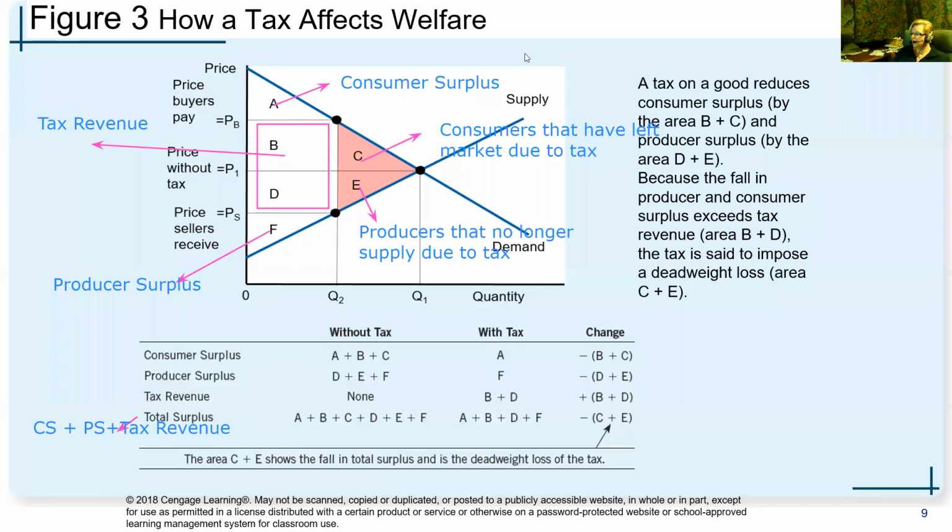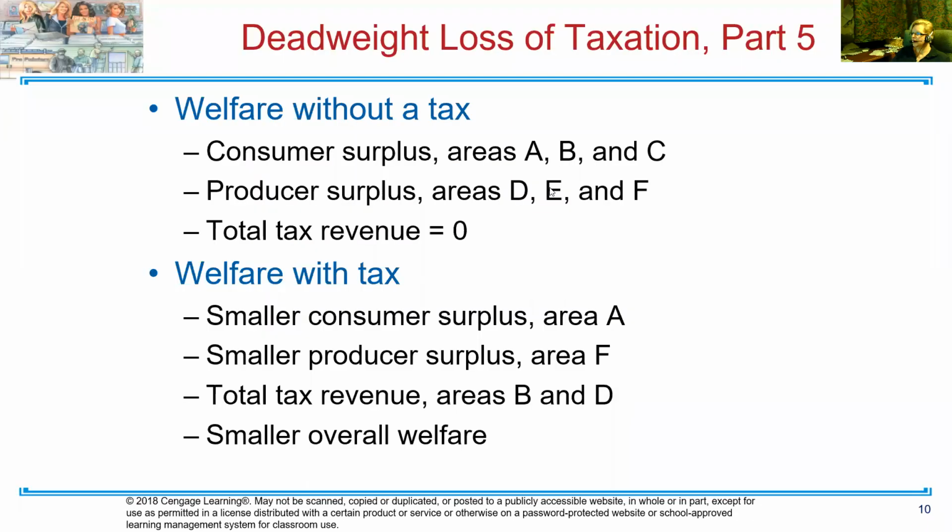Okay, let me go ahead and erase the annotations here. And we'll go ahead and go to the next slide. So this just summarizes basically what you saw on the previous slide, kind of uses text to do that. I think sometimes working through it, talking through it becomes a little bit easier.